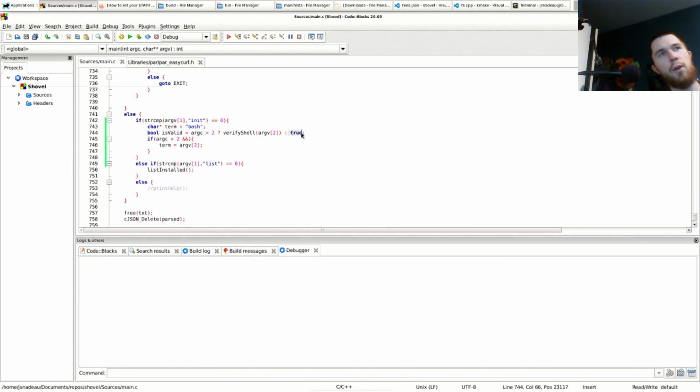So you can use a ternary to give a value to a variable. You can do your comparison, and if that is true, do something, and if not, just make the variable true. Basically. So if it is valid,